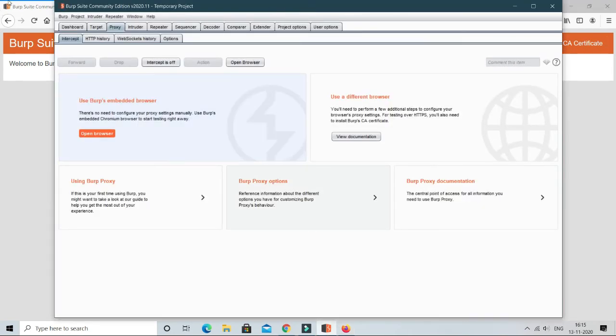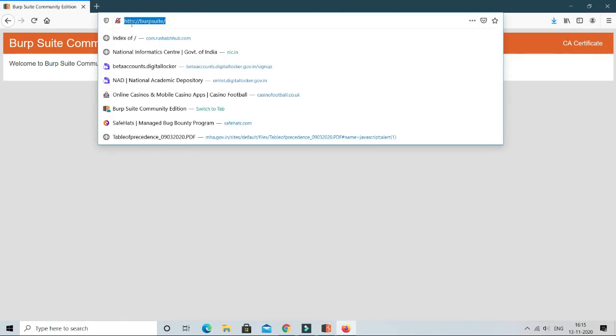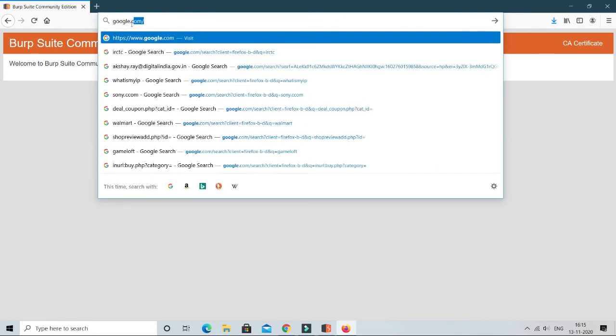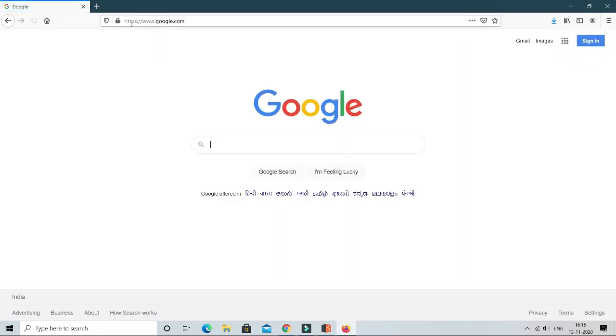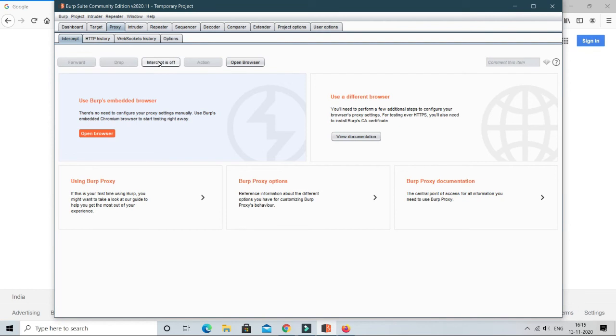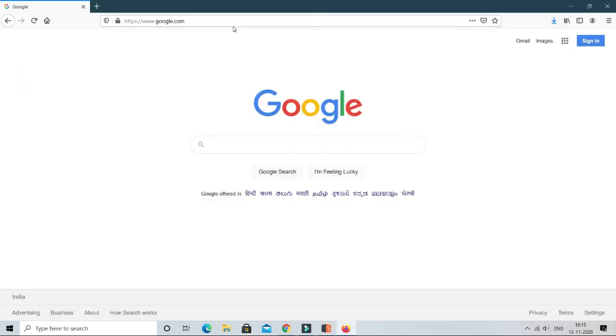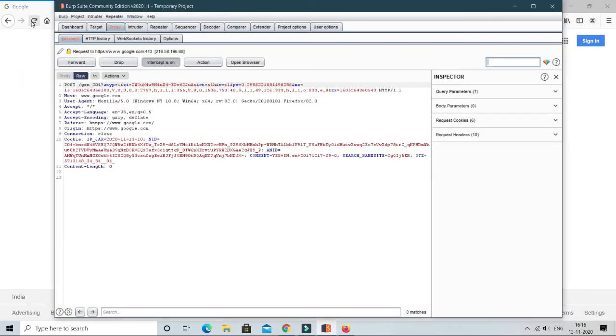So now let's see practically how the proxy interception works. Okay, so first let's go to Google. As you can see, Google has opened directly. There was no middle proxy connection refusing the connection. Now see the interception on the PubSuite. Click on intercept on. Now go to Google one more time.